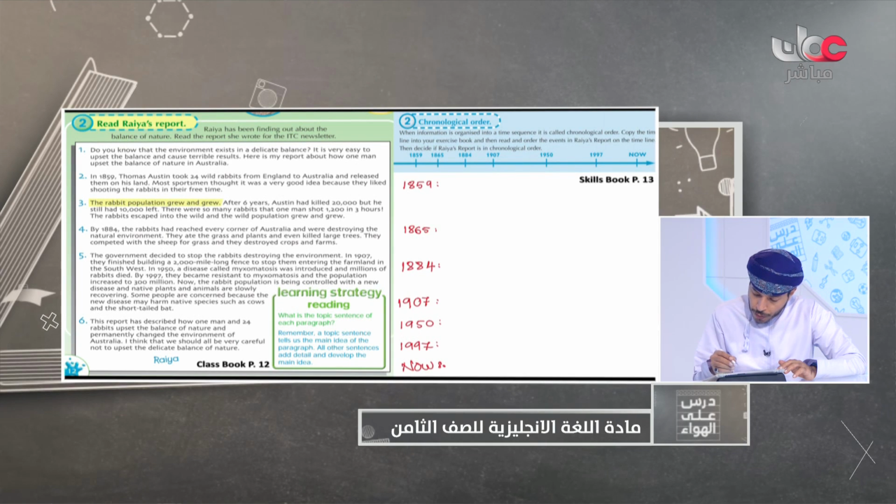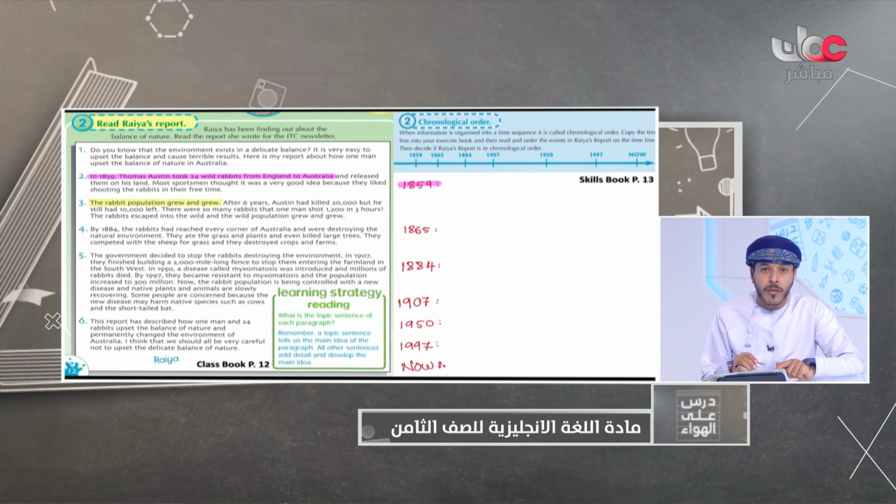For example, look at the first one, which is shaded in purple. 1859, and look what happened on this year. In this year, Thomas Austin took 24 wild rabbits from England to Australia. Okay, very good. But now in green,